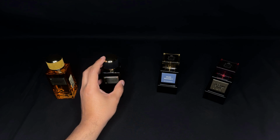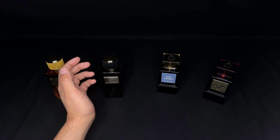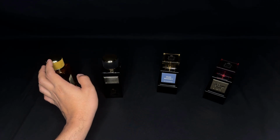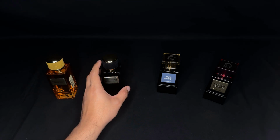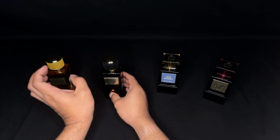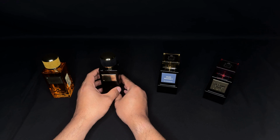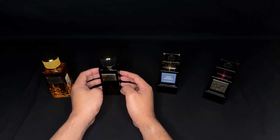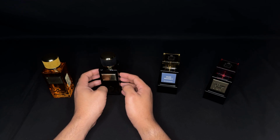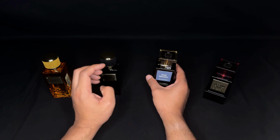I do like this fragrance, this cologne, enough to have purchased it, but I don't like it as much as Ombre Sun. I see myself wearing Ombre Sun more, but I have worn Black Incense already a couple of times as well. If anything, I'll keep spraying it just to use the atomizer because